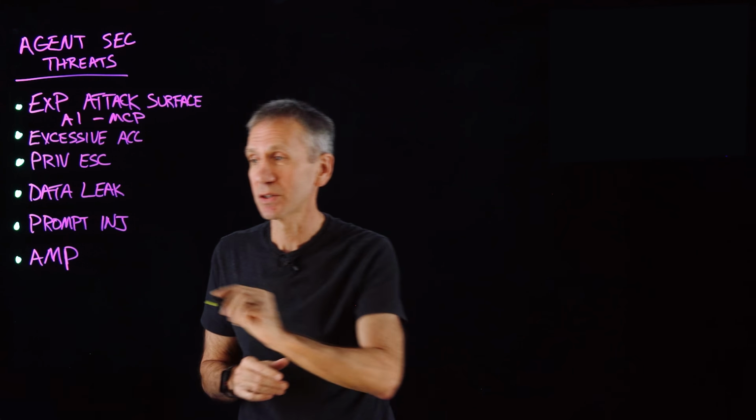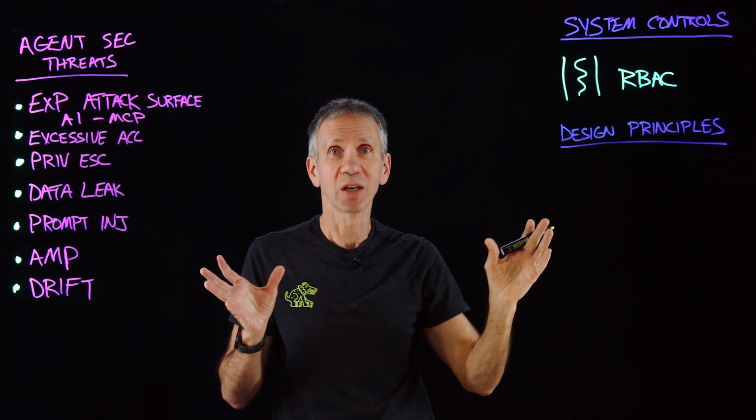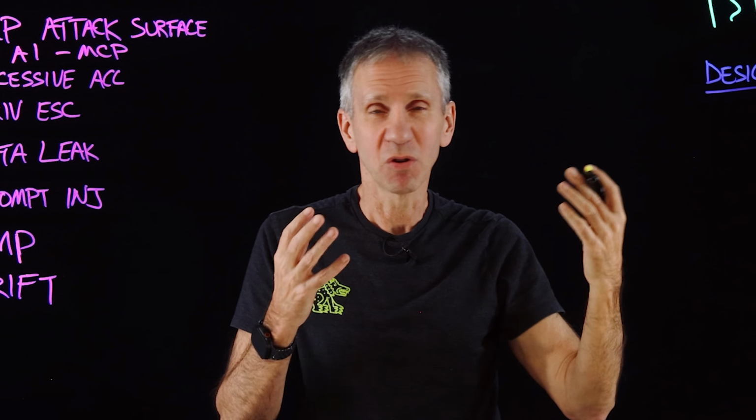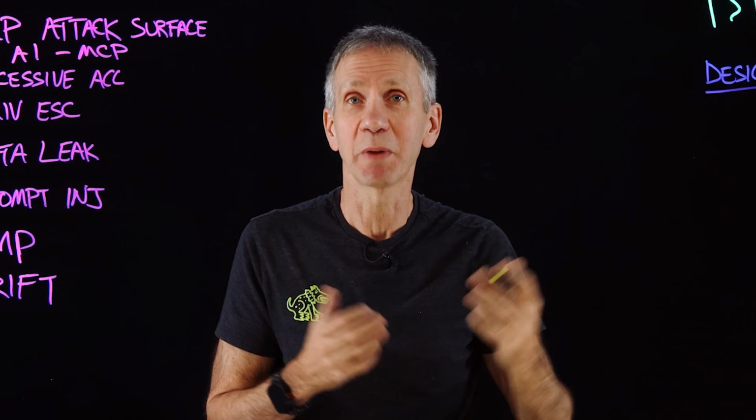Well, we'll start off with system controls. What kinds of things do we need to have? Well, first of all, I want this thing tightly controlled. I need it constrained. I need it operating within the boundaries that we expect it to operate within. I want it permissioned. We use this concept of role-based access control. We need to assign roles to these agents as well and not let them do things that they shouldn't be doing. RBAC, doesn't mean this to most people, but I often think of it in terms of risk-based access control. We give you only the amount of access that you need, based upon certain levels of risk and how high risk what you're doing is going to be.